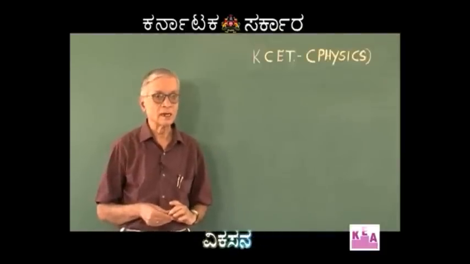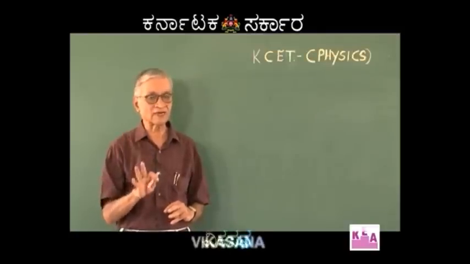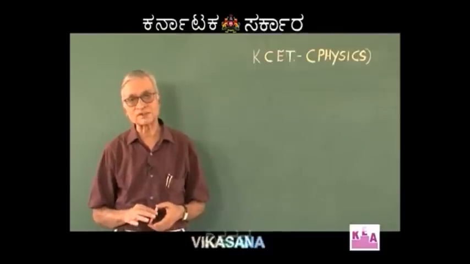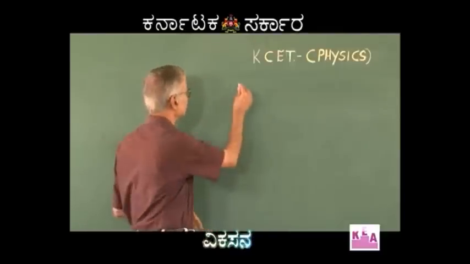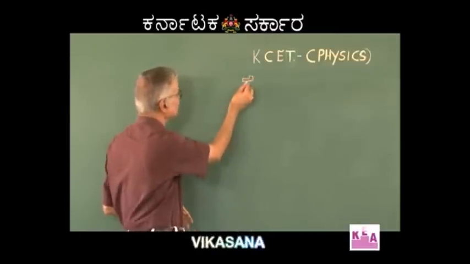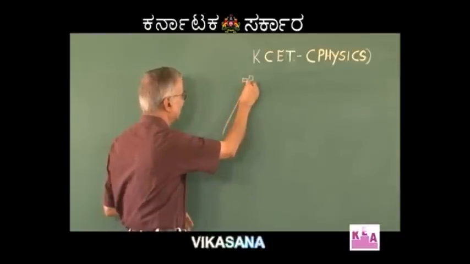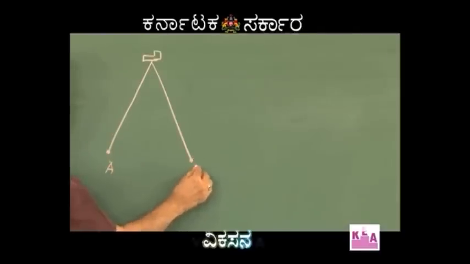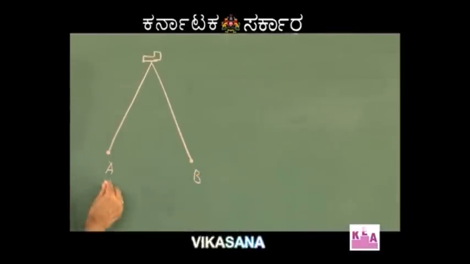My request is, please try to understand the method of approach and the formula to be remembered in working all problems of this nature. Suppose this is a point of support. From this point of support, there are two identical pendulums. I call one as A and the other as B. Both are charged with a charge on A equal to Q1 say and the charge on B equal to Q2 say. Further, he says that Q1 is greater than Q2.